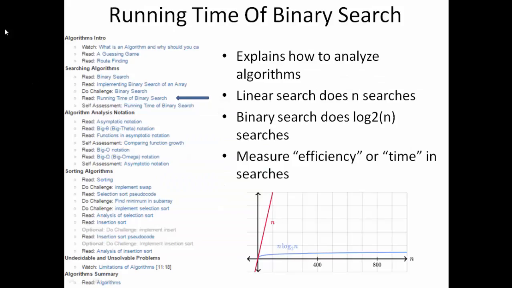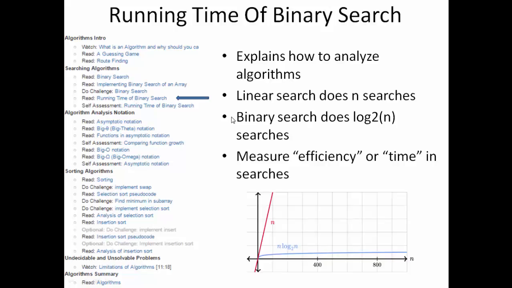The next Khan reading, then, after they've coded the binary search, is to do an analysis of the running time, or the efficiency, of binary search. So the reading explains how to analyze algorithms. And this is probably the most important part of the course and what the AP tests on. And this is their first introduction to it, although they saw a little bit of that in the intro, where